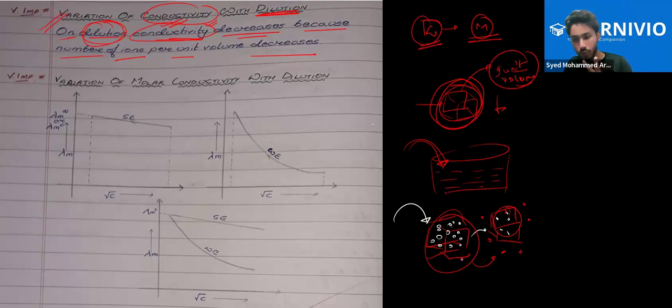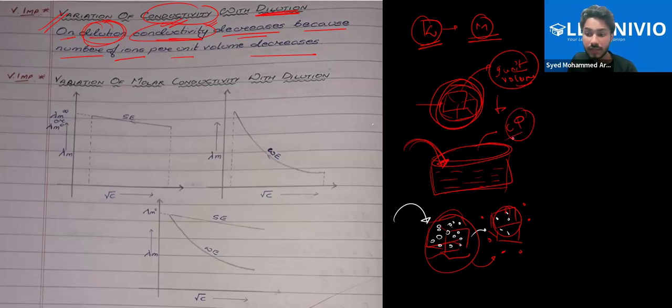Now, the question is between two things. One is my conductivity, and the other is my molar conductivity. In the molar conductivity, we are not defining a particular area. Why? Because now we are having a complete volume. So if I increase the dilution, then my concentration increases, and if my concentration increases, it means what? The electrolyte increases. So if the electrolyte increases, it will result in